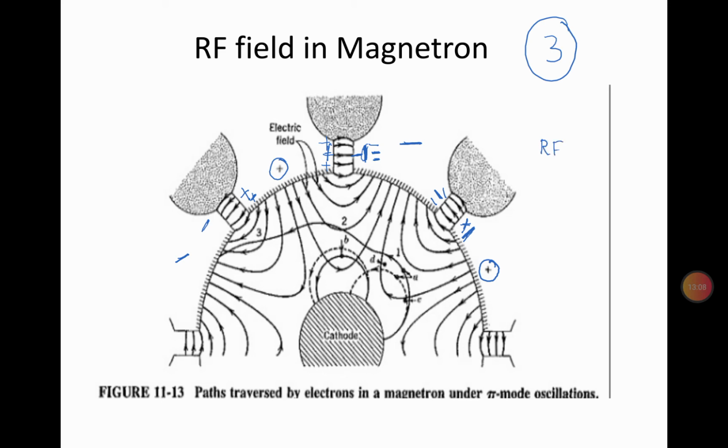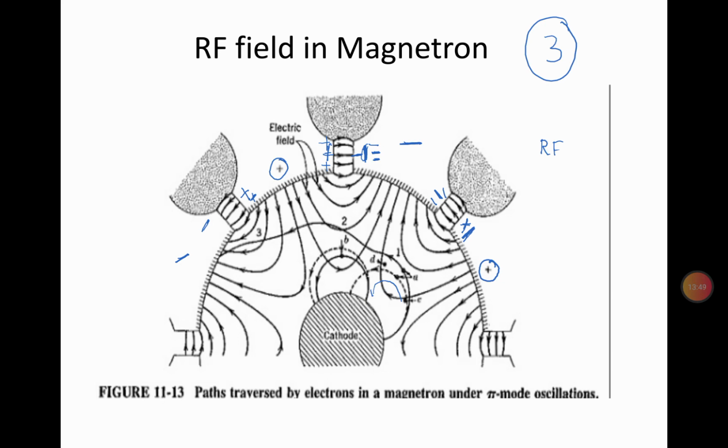Okay students, now let us see how this works, how damped oscillations are converted into energized oscillations. When the magnetron is turned on, what happens? The electrons are emanating from here. In the absence of the RF field, the electrons would have taken this dotted path. They would have come back to the cathode, because I told you that the value of magnetic field is so set that it is greater than the Hull cutoff magnetic field. Because the magnetic field is so high, the radius of curvature is very small, so the electrons will not even reach the anode and will come back.